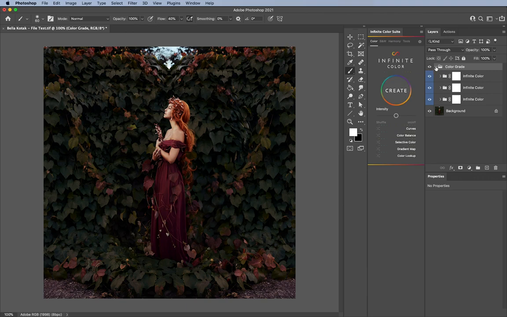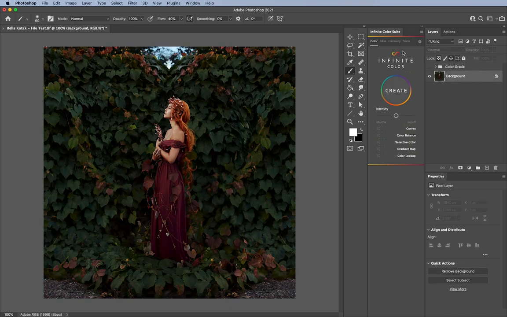Let me go and hide this group for a second and start from scratch. The way this panel works is actually really simple. We have a create button in the center of it, and then we have a few different options. Now, the few different options here at the bottom are the layers that the panel itself generates. So you can see it says curves, color balance, selective color, gradient map, and color lookup, which means when I